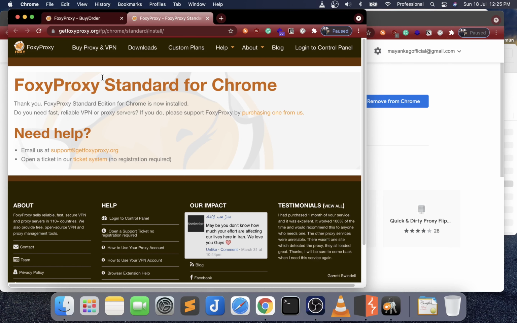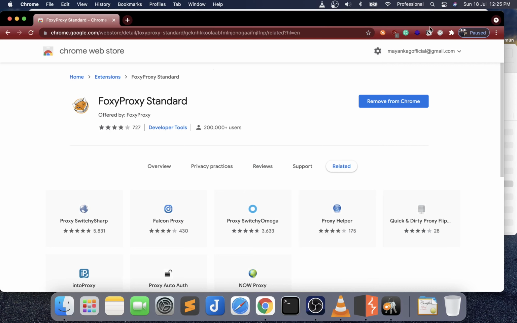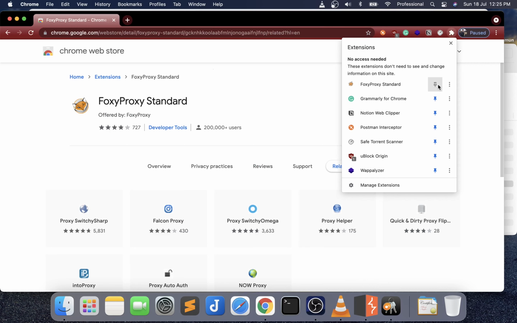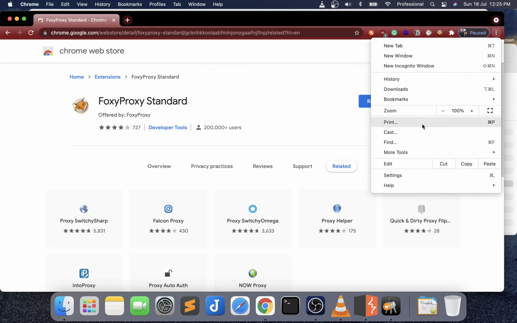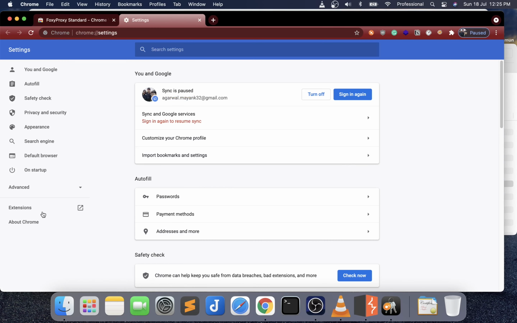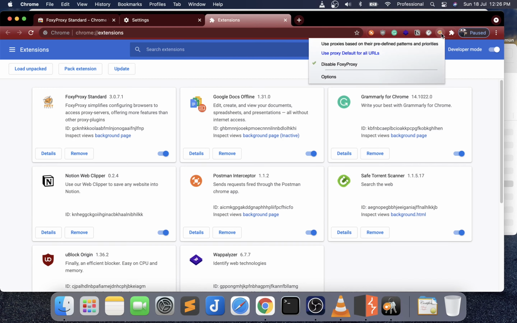Before that, it has started and it is saying thank you for installing for the Chrome, but we don't require this anymore. So let's open extensions, Foxy proxy. Otherwise you can go to settings, extensions, and this Foxy proxy. So now we have the extensions here.